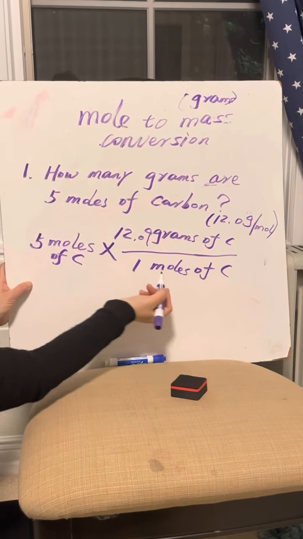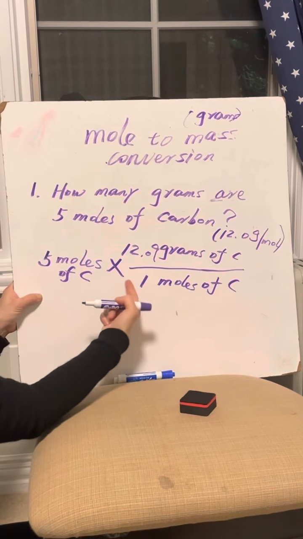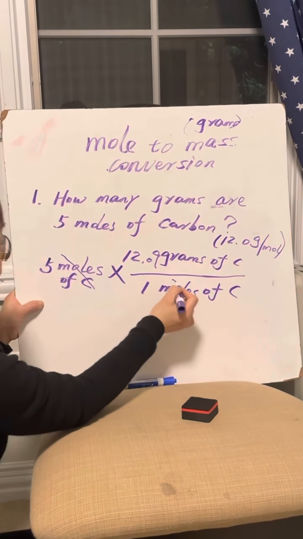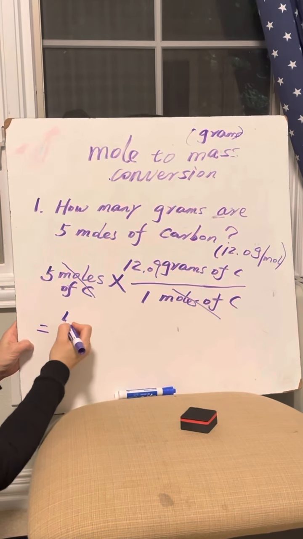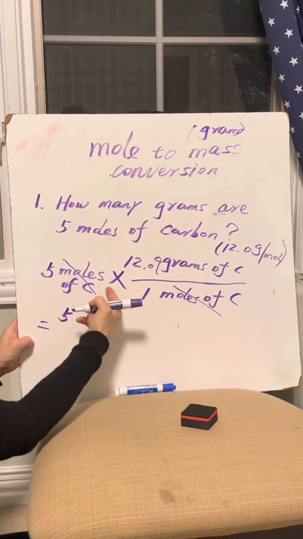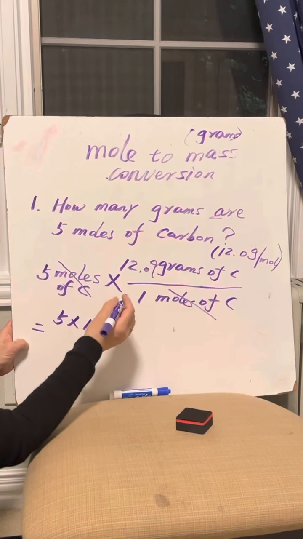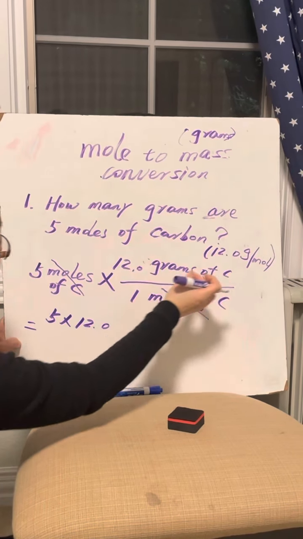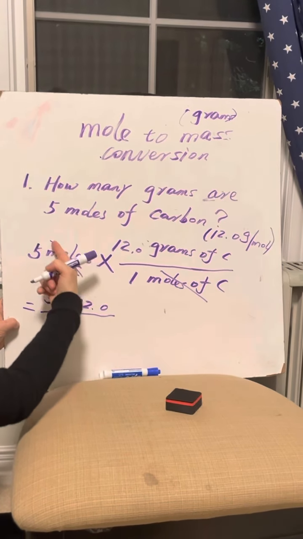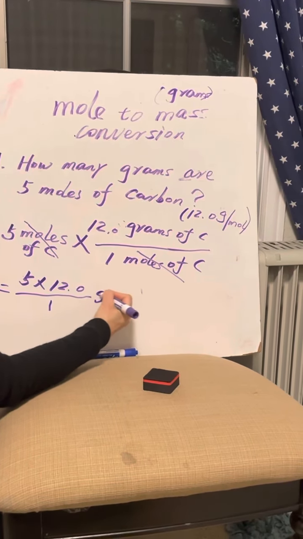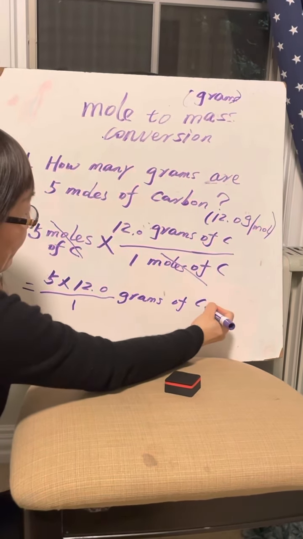Okay, these two are exactly the same, because this is multiplying and that's dividing, so we cancel them out. We cancel the same unit out. What we have left is 5. You can put this up here because that's multiplying this one, okay? 12.0, that's just 12.0 grams, okay? Divided by 1, it's just 1, okay? And you canceled out this, the only unit you have left is grams of carbon, or you can just say